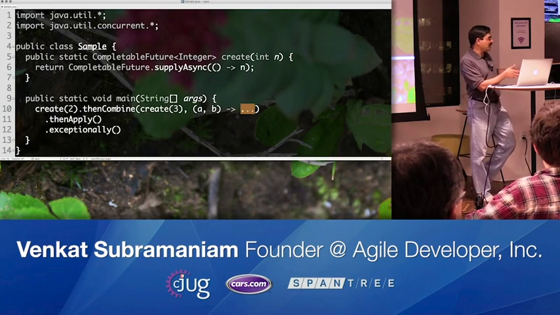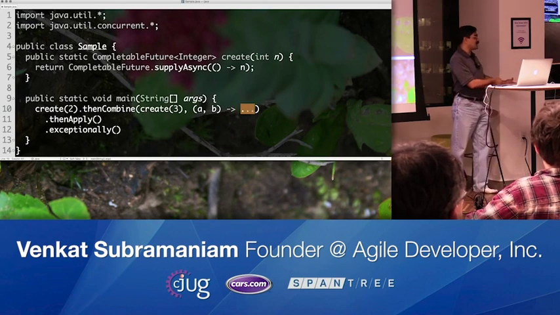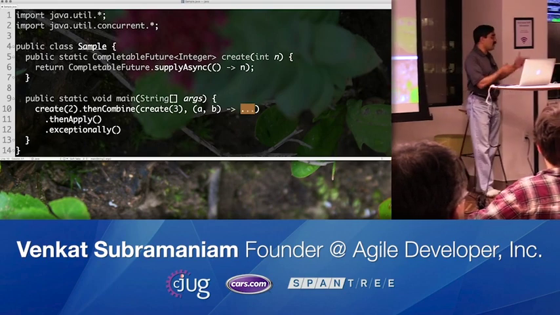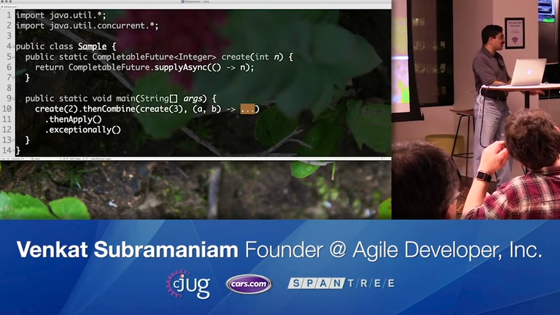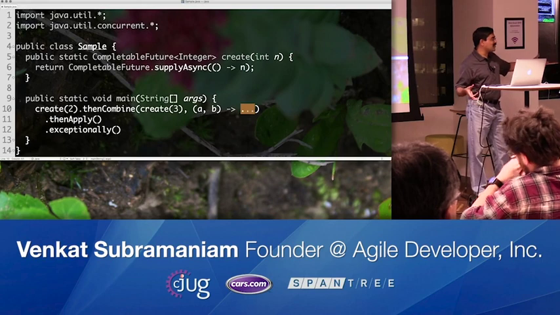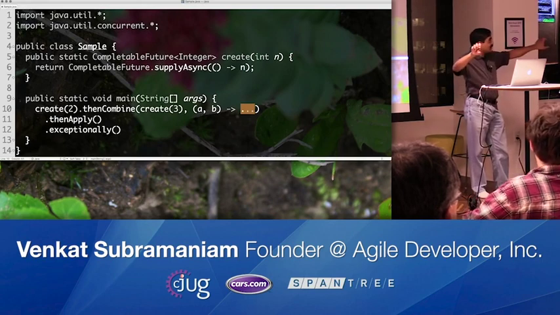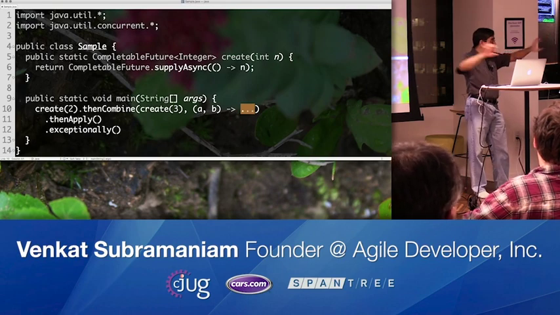The stream pipeline only transmits data. It doesn't transmit errors. If you want to transmit errors, you have to build it on top of it, right? Stream itself doesn't give you that. A stream has only one channel, which is the data channel. And in the data channel, if you want to send errors, you have to design for it yourself. Stream doesn't do that.